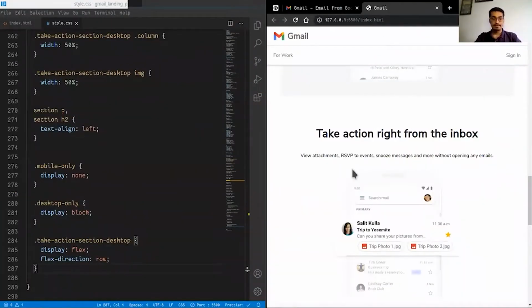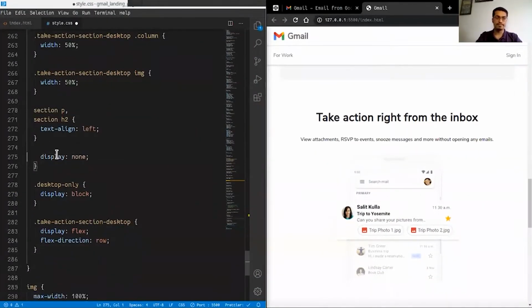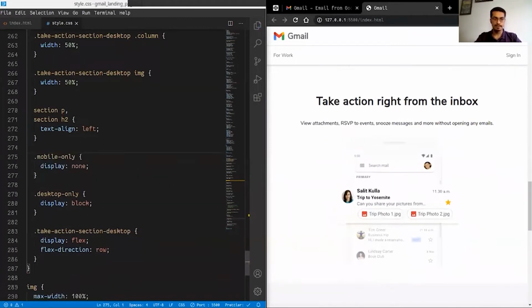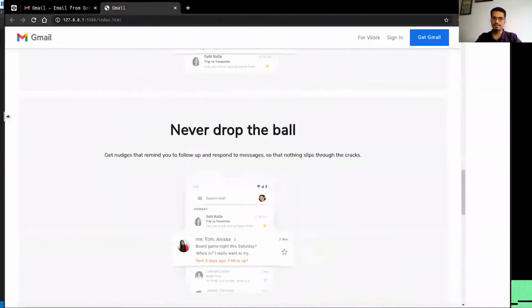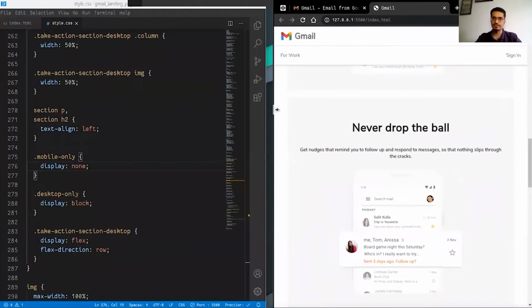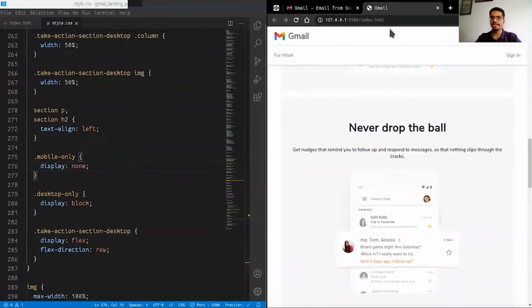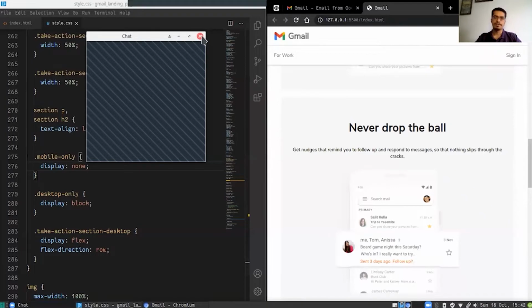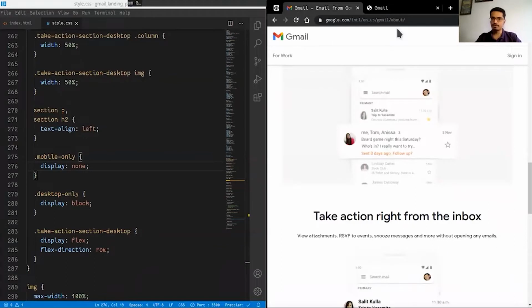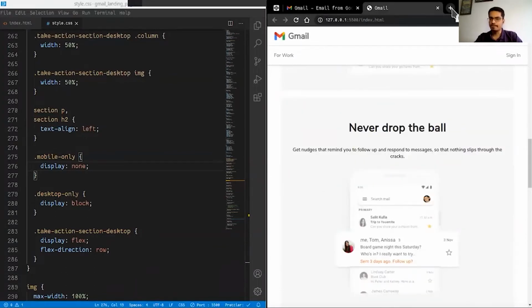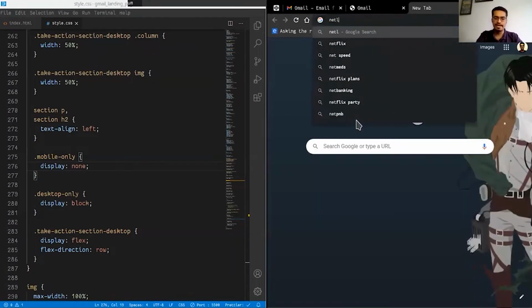Now that we have done all of this, I just want to leave you with one last thing. Part of our landing page is still incomplete, and I'll leave that as an exercise for you, especially when you deal with these responsive media queries. What you want to do is get as close to this as possible, and then I want you to deploy your website. I want you to share your code with the rest of the world. The simplest way that I know how to do this is to go to Netlify.